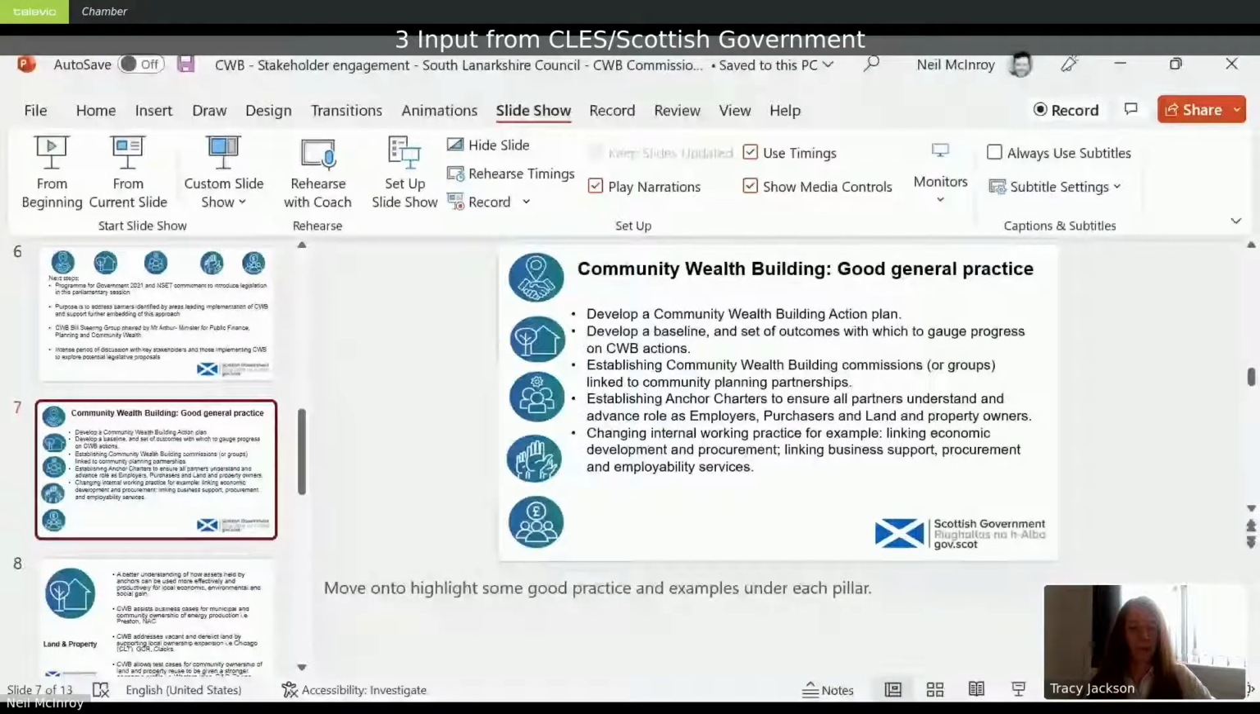Thanks, Tracy. I hope that's been interesting so far. What I'm going to do now is just go through general tips and some good stuff that's happening. Some of this you're on this journey anyway. I've got quite a lot of detail on this slide, but I'll not go through it all. But firstly, just in terms of good general